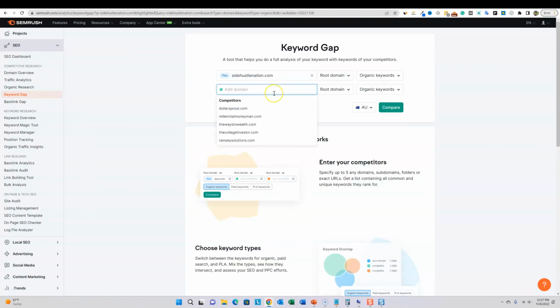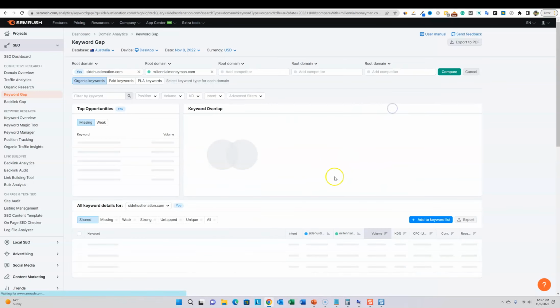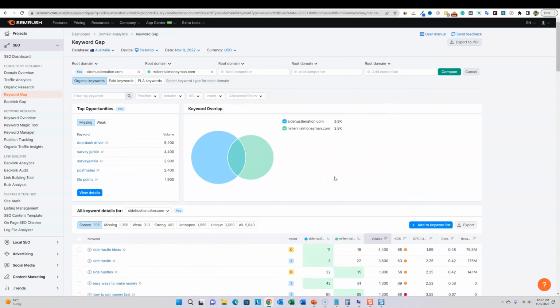We already know that it's a competitor. Now, if I wanted to go in and look at, maybe let's just throw in one of these other sites right here and just say compare. It's going to compare the 2 websites, right? It's going to tell you, here's all the keywords that they share. Here's all the keywords that Side Hustle Nation has that the Millennial Money Man has 2000.8 that they don't have,